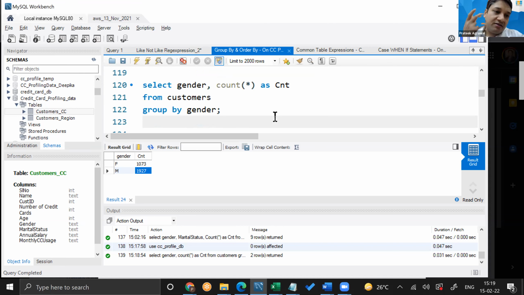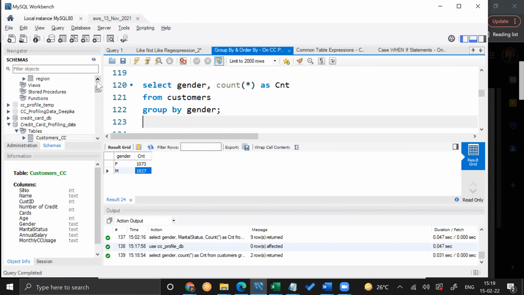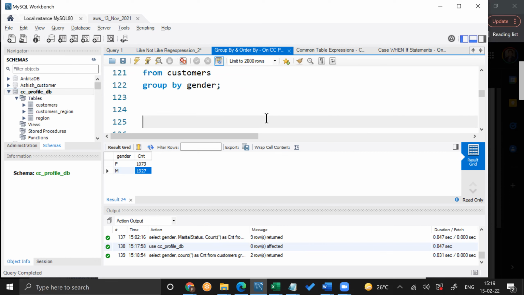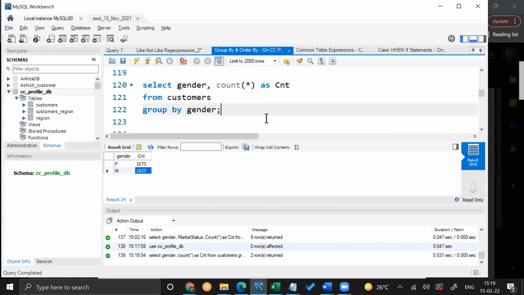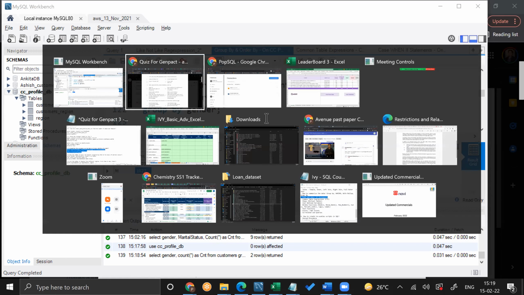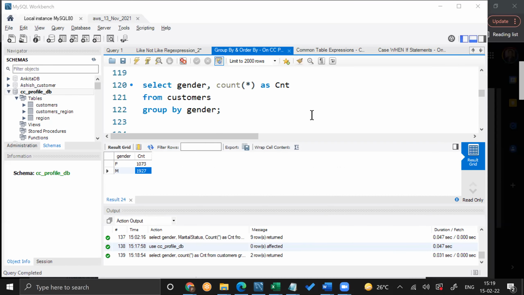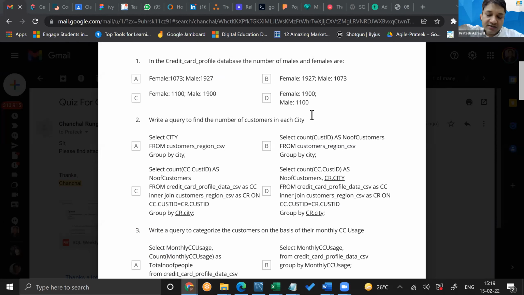Yeah, it's the open wild west, this particular database server, because everybody has full rights. Hence, I think, the confusion. But in the class, as we discussed, we were using this one, CC profile underscore DB. Okay, no worries. Pratik, I will add this database to the system. We'll post the solution to the old assignments, not a problem at all. Thank you, Pratik.